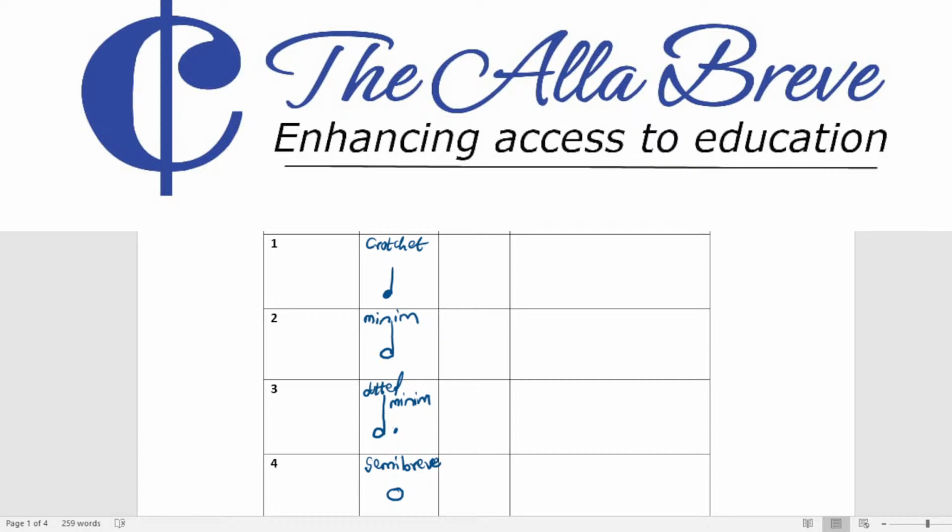Well, I want to believe you have made an attempt. So a quaver rest will look like this. You can compare with what you do. A crotchet rest looks like an inverted three,